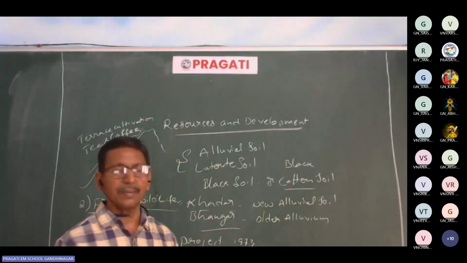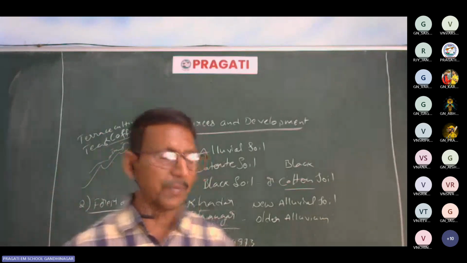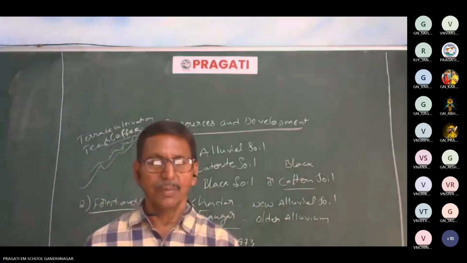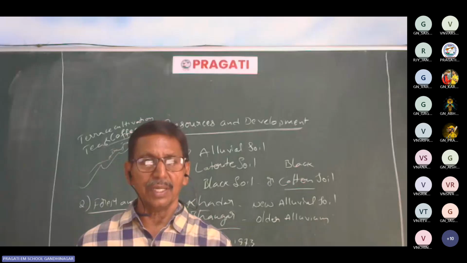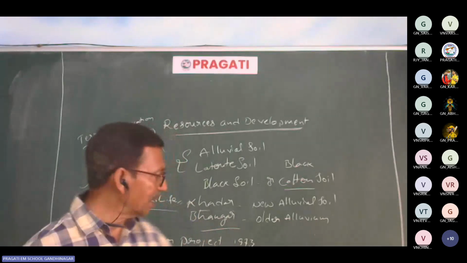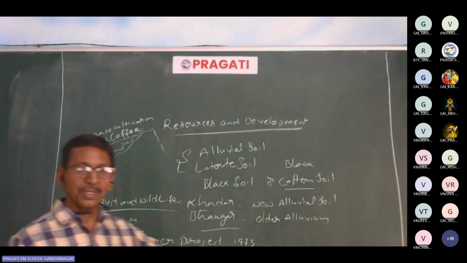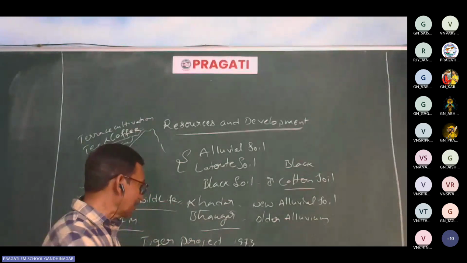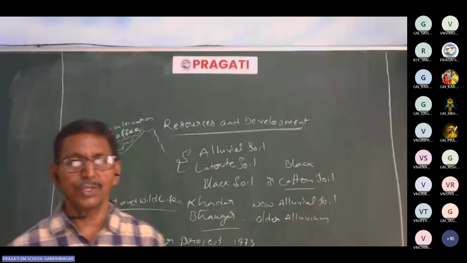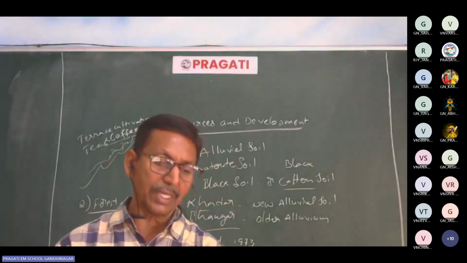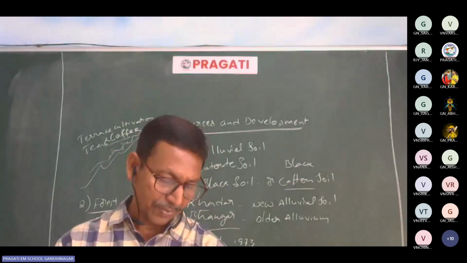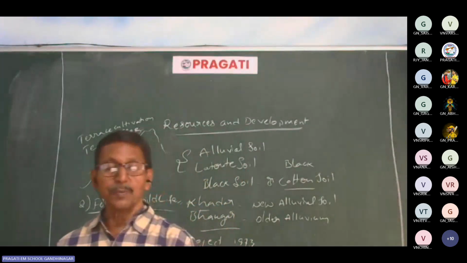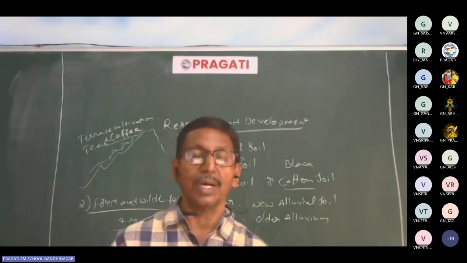People prevented it in the name of the Chipko movement. Chipko means what? They used to hug the trees. They used to stand around the trees, interposing their bodies. They prevented the cutting of the trees. It was successful. That is why in many states it has become a model. Especially you have to prepare the Chipko movement thoroughly. In the Himalayan mountains, it was successful because people, even women, organized this movement.